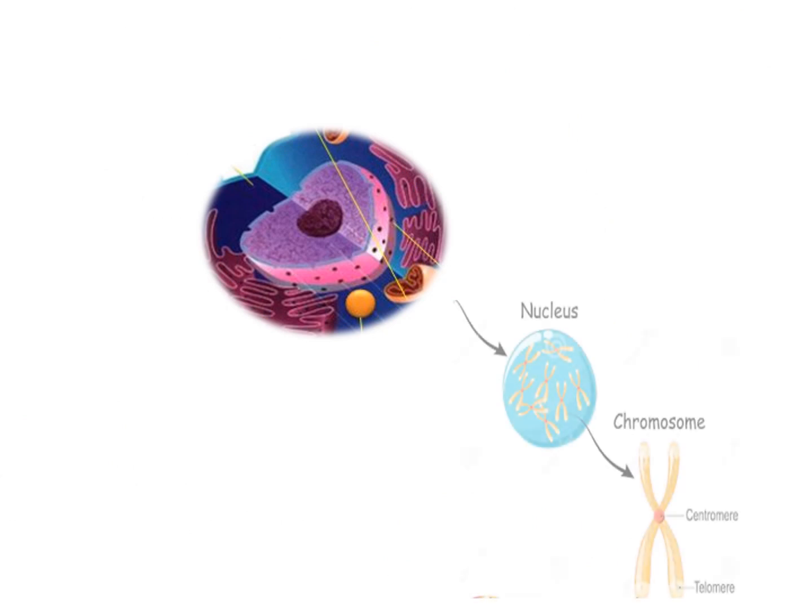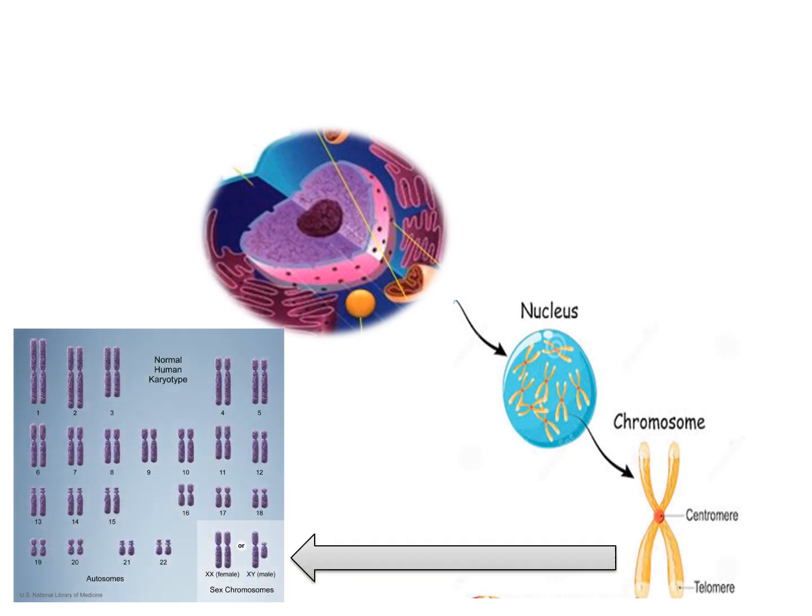The nucleus consists of chromosomes, and we have already learned that there are 46 chromosomes in humans. Out of these 46, 44 are autosomes and 2 are sex chromosomes. Or to be even more specific, there are 23 pairs of chromosomes in humans, from which 22 pairs are autosomes and 1 pair is a sex chromosome. That one pair, XX, will be for female and XY is for male.